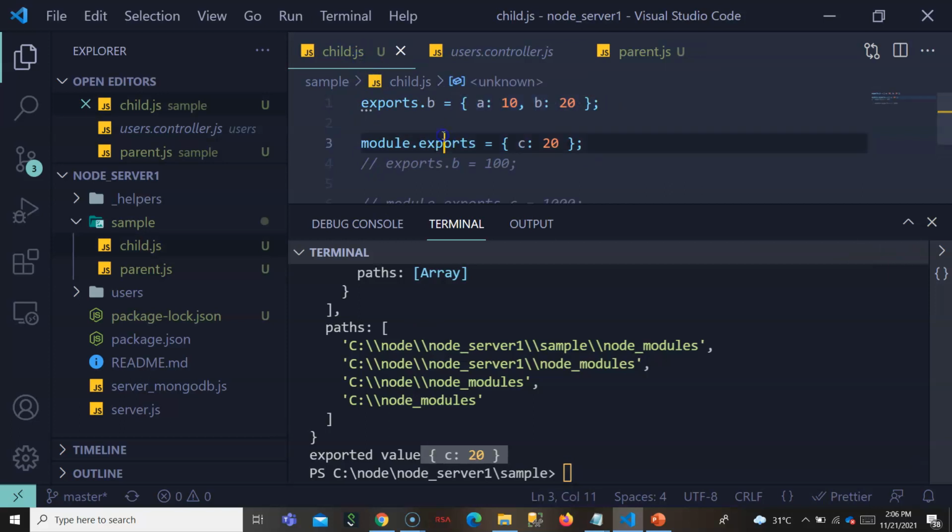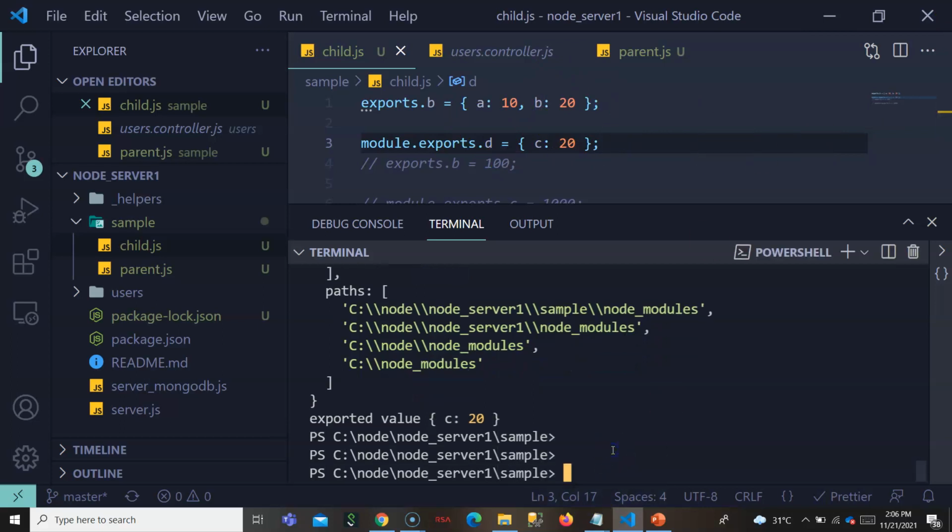The value which was exported by b got completely replaced. That's why we said that whatever is present in module.exports is what is exported to the other module. What you add to exports is not added, but it will be added if we don't replace, but add a value using module.exports.